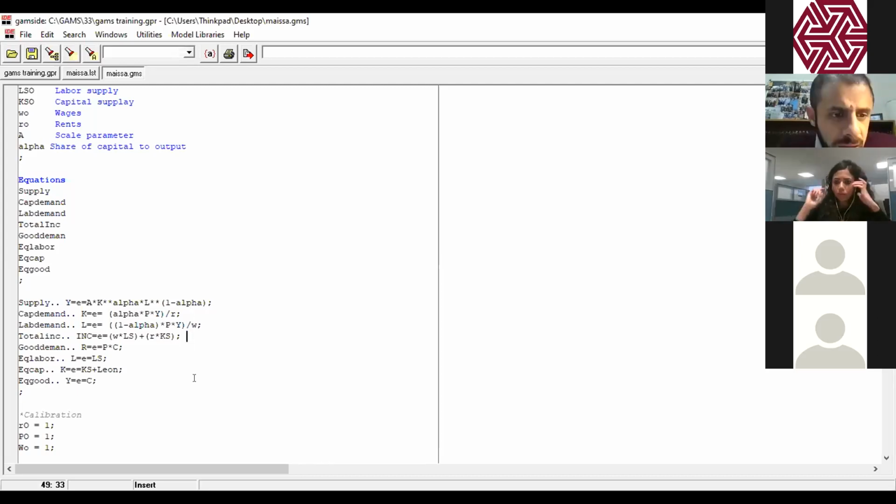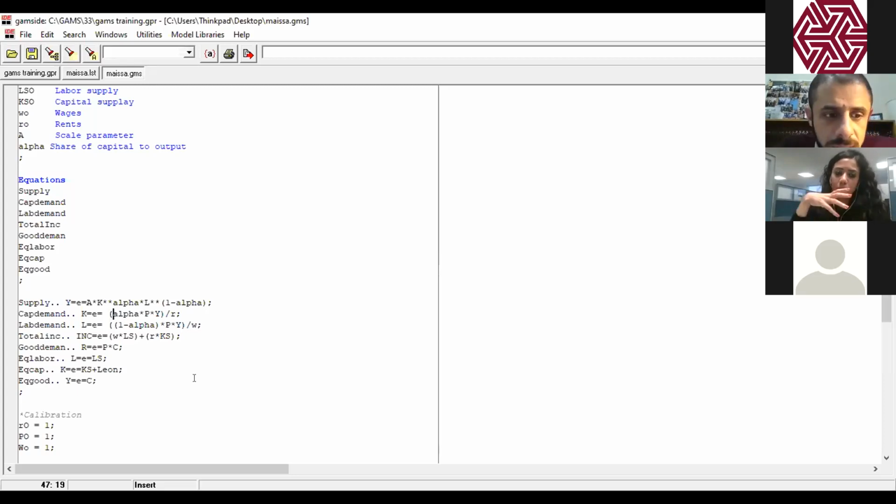So, check. No, Muhammad, the problem here, adding a bracket in the supply equation will not really solve the problem because we don't need an extra bracket. The only bracket that we need is the 1 minus alpha. Dr. Shahir, I think the equation of capital demand was R by K equals E and then the rest. Yes, but here it's the same for divided.